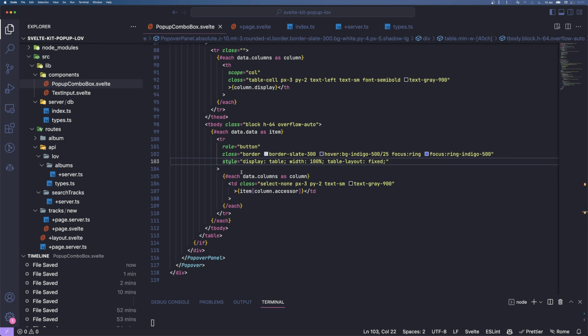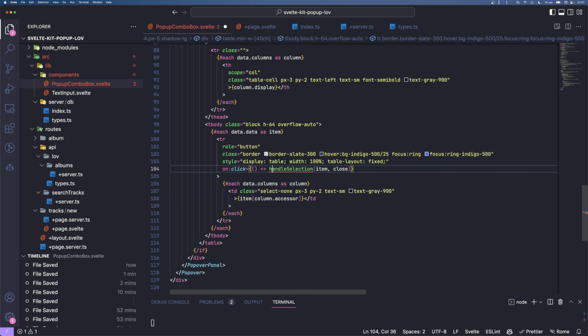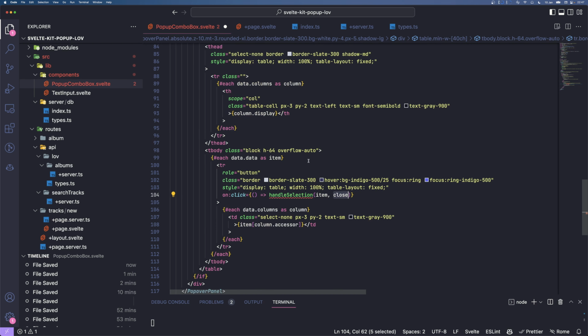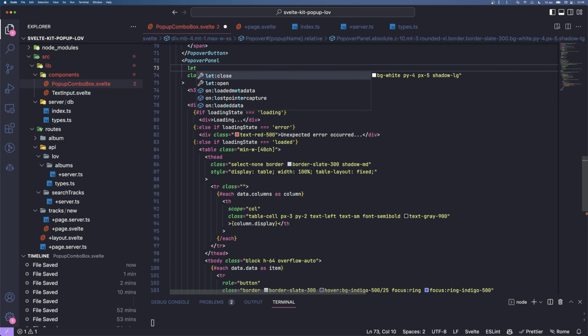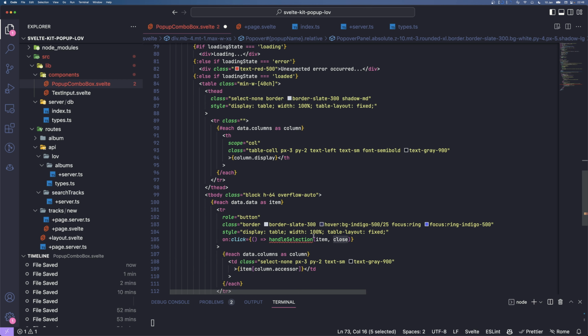We need to actually go back here and say on the table row, add this back. I have a click handler and I say handle selection. That's a function I need to create. We get the item and also we pass a close function. The close function we can get from the popover panel. So we say let close, and when we select a value we want to close the whole popover. So handle selection is the next function,